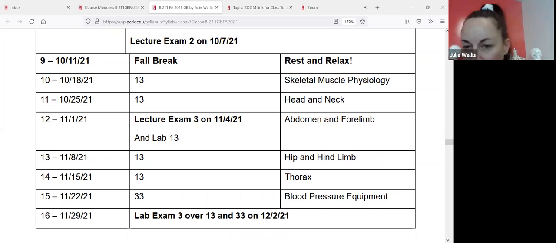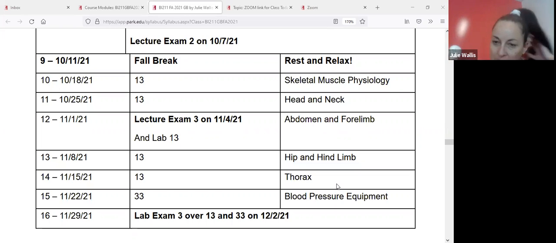Allegra asked if COVID problems keep coming up and we have to miss a test or something, we'll be able to. Yeah, so I'll have to figure out a way to do that, but I may just have it to where the test is delayed until after you're able to take it in person. Because the bad thing about that is if everybody else doesn't get to use their book on it, but then I have to have it where somebody can take it offline, then that's not fair to everybody else. So I have to figure out a way to do that to where we could get that made up. But yeah,